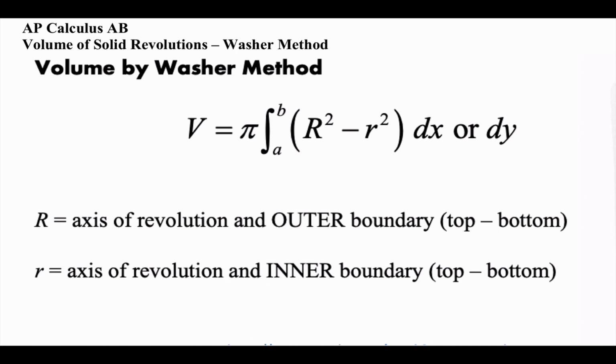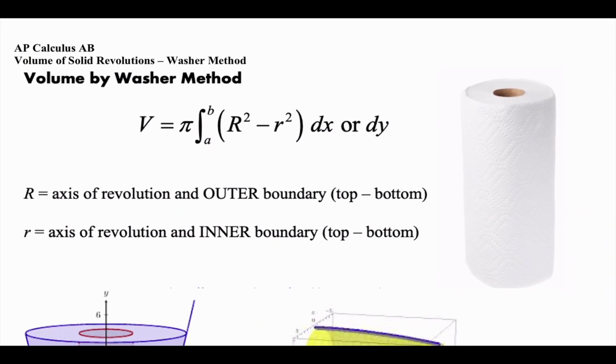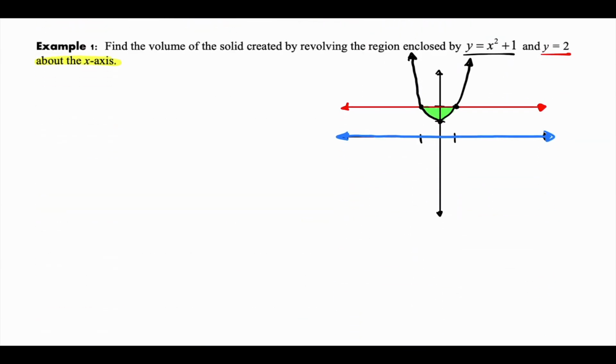Washer method. That's one of the big things, because on the test, I'm not going to tell you if it's a washer method or if it's a disk method. By the graph, you're going to have to know. Will there be a hole in it or will there not be a hole in it? Okay? So that's one of my questions for you guys. How do we know if there's going to be a hole in the 3D shape or not? Okay? All right,